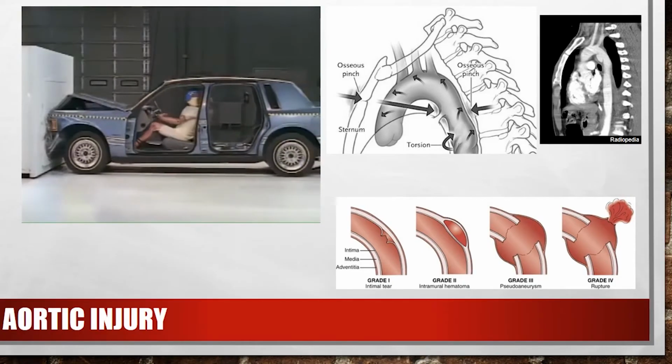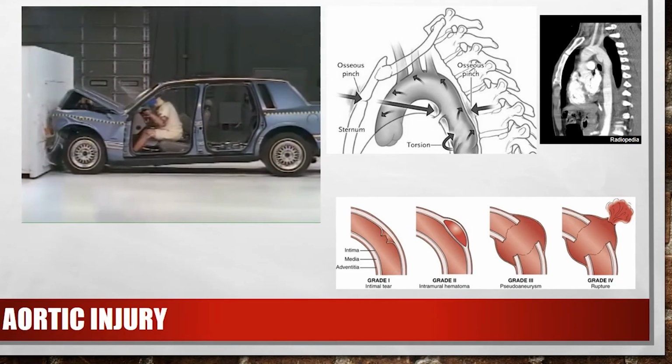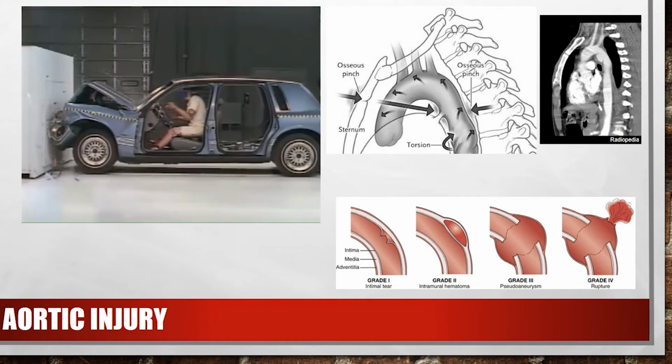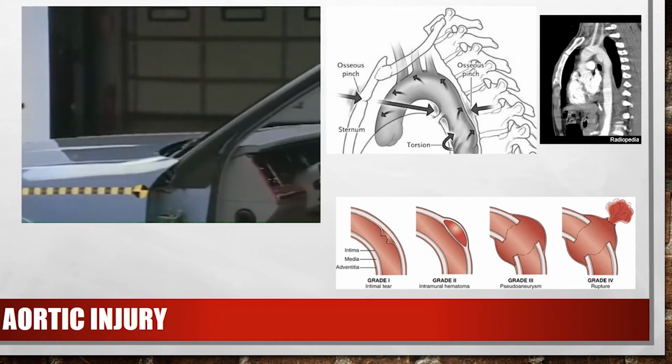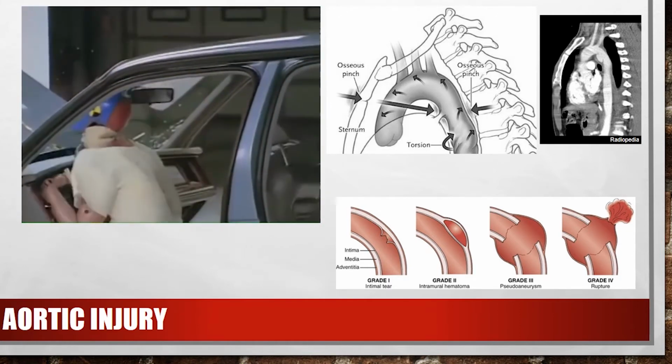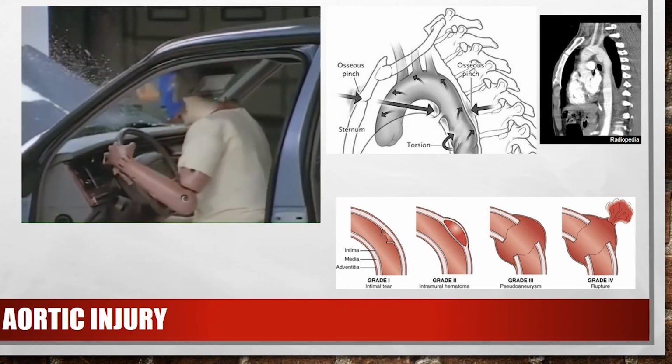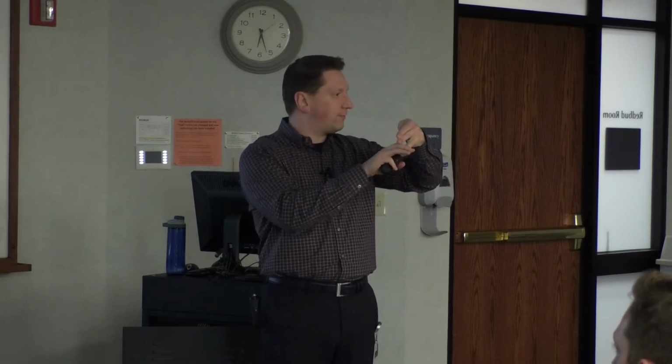Okay? All right. Aortic injury is just an aortic dissection that has become too massive for the vessel to maintain any integrity. So an aortic dissection is a tear. There are 3 layers to the aorta. Okay? Intima, media, adventitia, 3 layers. An aortic dissection is a rupture between layer 1 and 2 or layer 1 and 2 and 3.